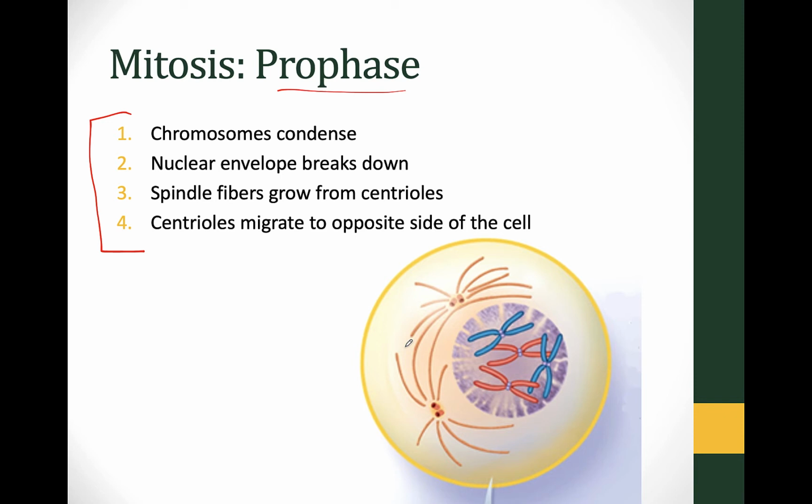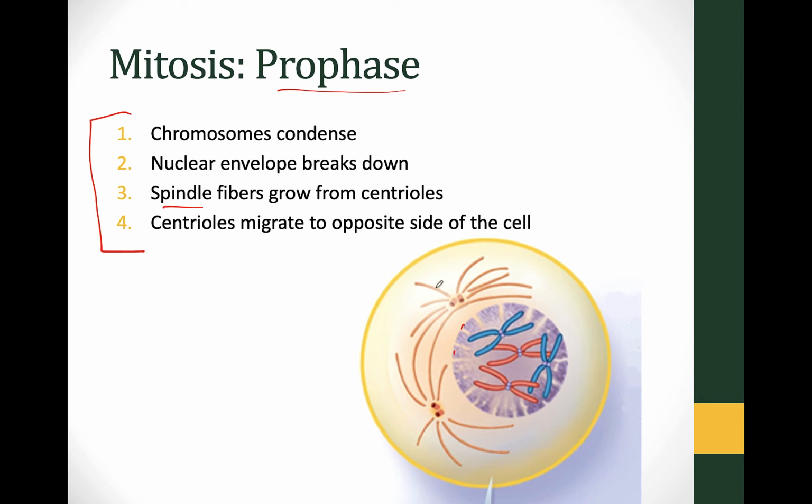So what I want to do is I want to take my DNA and I want to condense it down into 46 teeny tiny packets so that I can move them easily. So we're going to condense the chromosomes. This purple thing is the nucleus, and you can see it's starting to break here. It's just starting to break apart because if I want to move, I have to open the door. If I want to move DNA around, I need to break down the nucleus and get the doors open so I can actually take those boxes out to the moving truck.